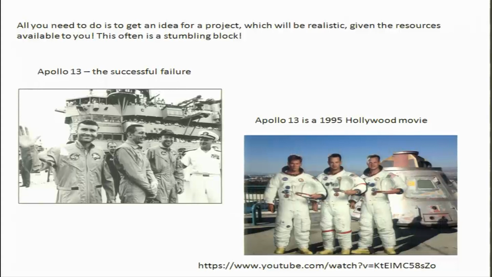So basically these are the 3 astronauts that are shown, the real astronauts on the left side, acted by people that are shown on the right side. They really wanted to go to the moon, and they were on the space mission. Somewhere when they were approaching the moon, their spacecraft developed some snag, and they had to find a way not to land on the moon, but to get back to the earth, because it is going to be challenging for them to come back. So the whole mandate of the mission has changed, not for landing on moon, but to fix the problem that the spacecraft has developed, and to bring these people back